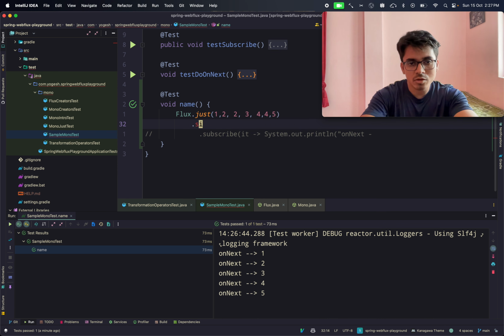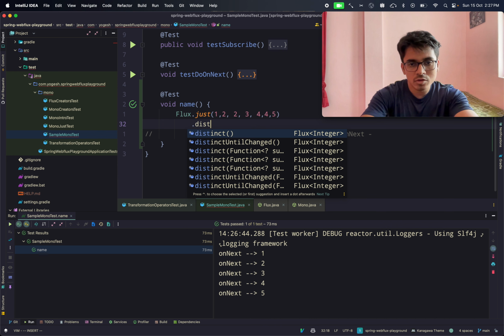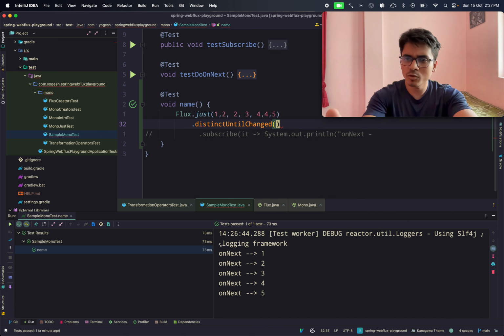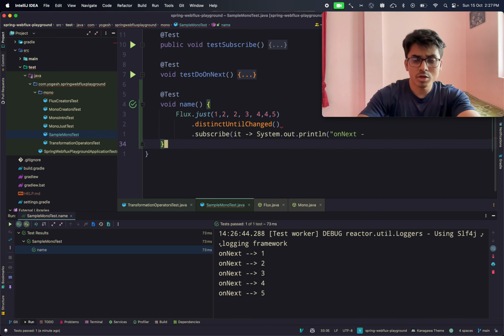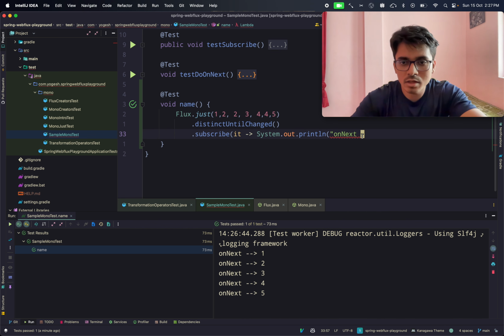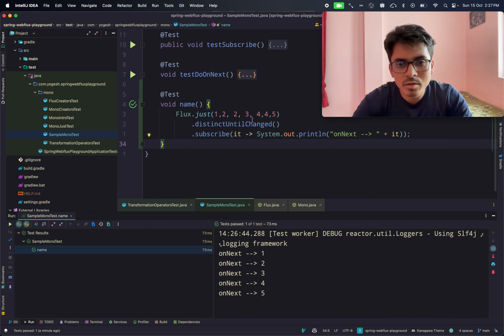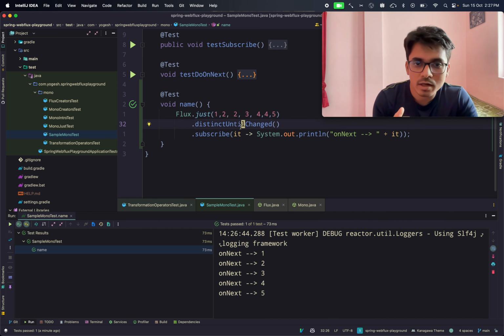Let me comment this out. Distinct until changed. So this operator was there, and from the name, I cannot really understand what it is doing, right? So what I do is I make use of the go-to sources